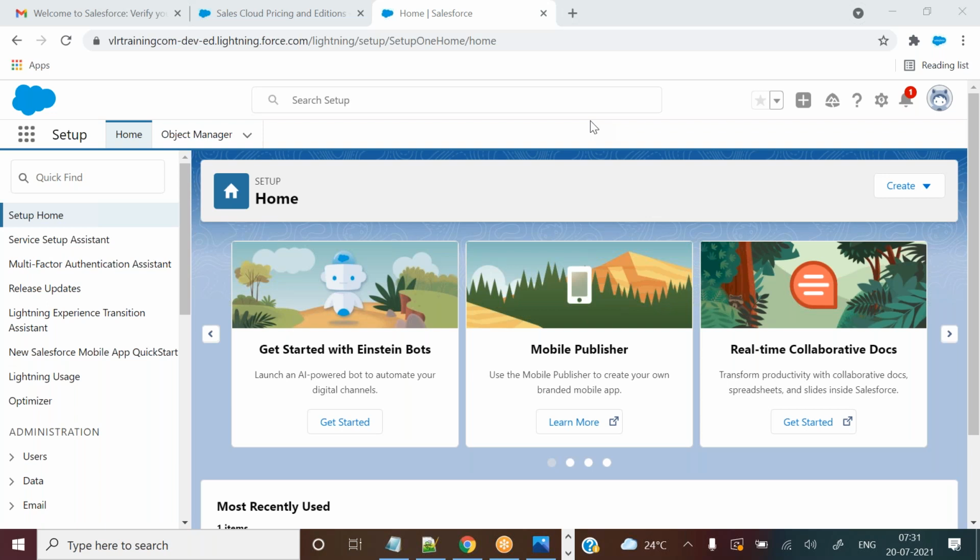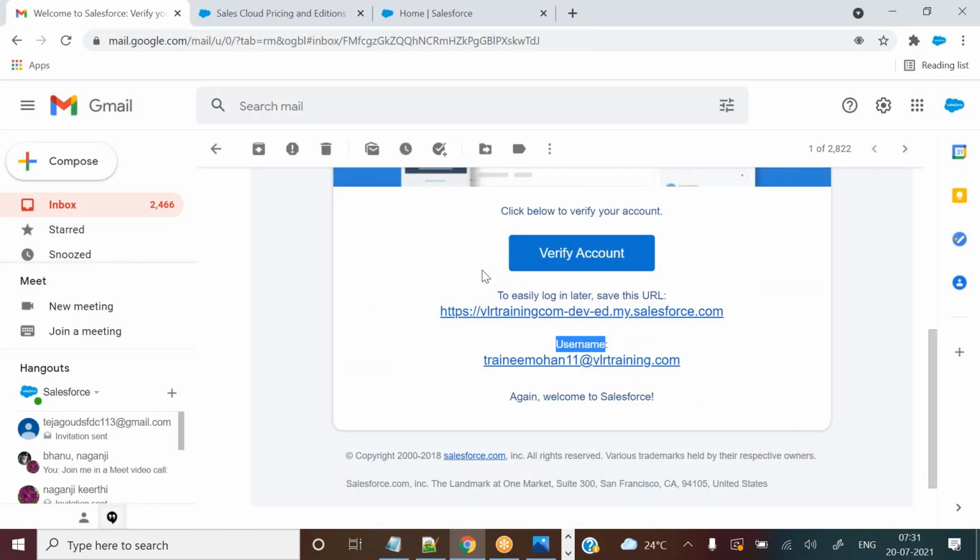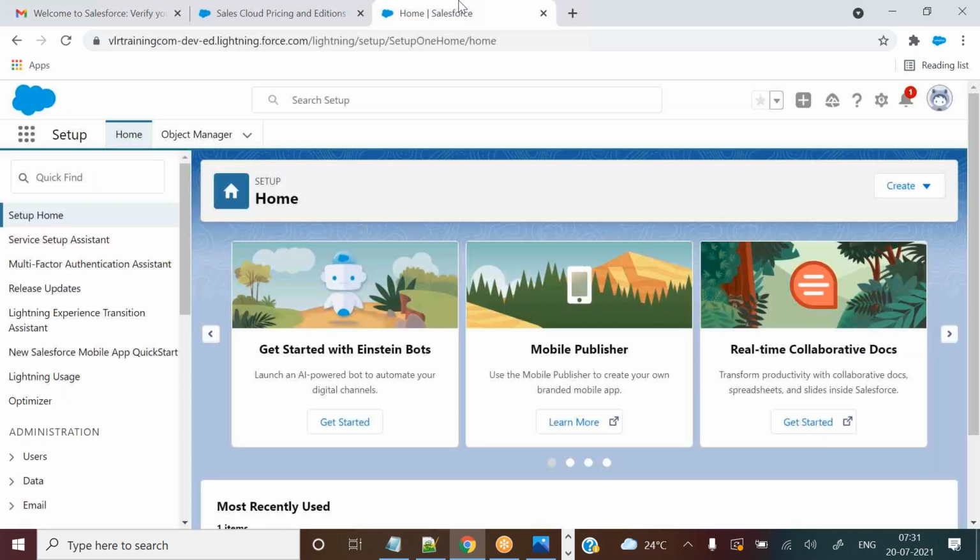If you are still getting an issue, what you can do is reset your password, or you can create a new Salesforce account. Many Salesforce accounts you can create with the same email address also, guys, so don't worry. You can create a new developer edition, a free Salesforce account, one more, if you are still getting any kind of issues on desktop or laptop. That is the solution.